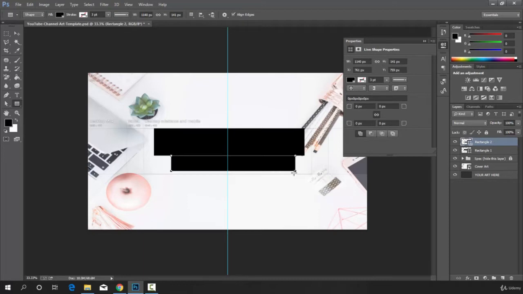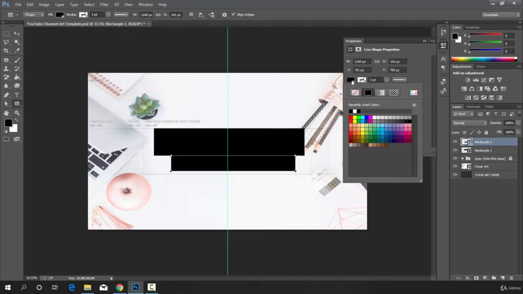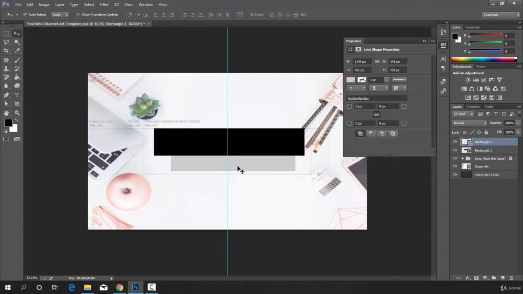At the time I want to change the fill color. That's why I click here and choose my color as my need like this. Suppose I need this type of color. Finally I will adjust it. That's why I click the move tool and I move it as my need like this.